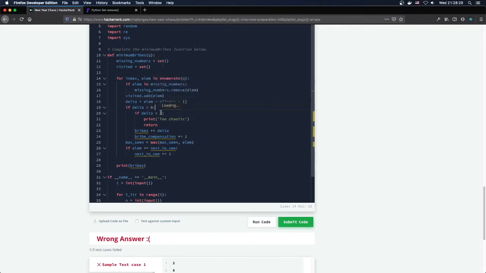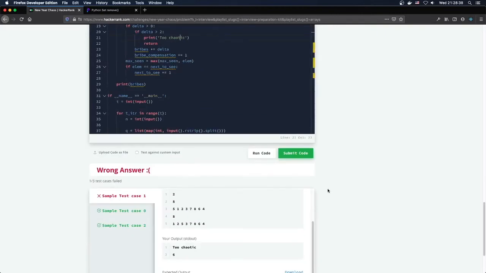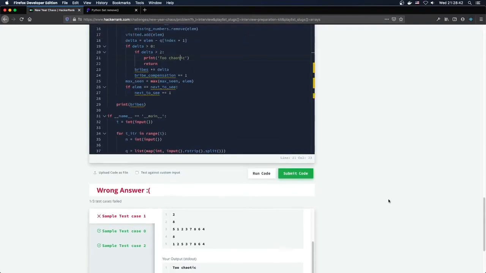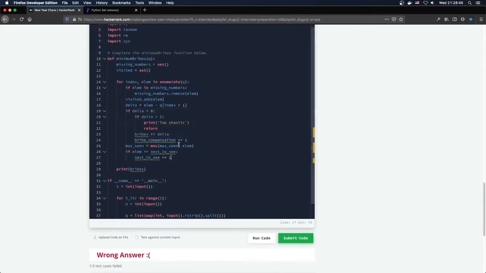And now if the delta is greater than 0, if it's... what's 7 at? 7 would be at 5. Yeah, I think that's okay. This might be a problem later on. I might have to check against the length of missing numbers, but